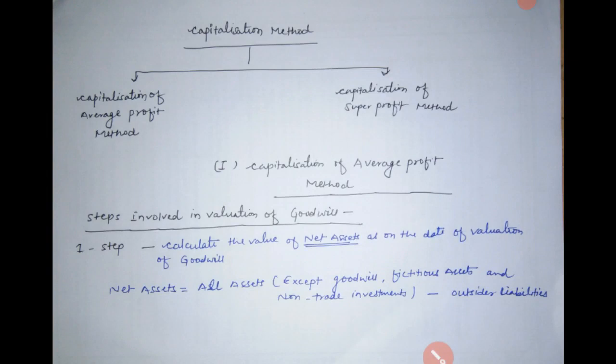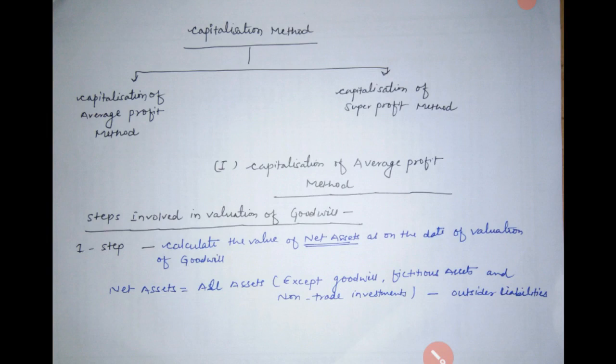In class 12 commerce, we are studying the chapter change in profit sharing ratio among the existing partners. And in the previous video, we have covered the topic of calculation of goodwill by the average profit method, weighted average profit method, and by the super profit method. And today we will try to solve the problem by the capitalization method.